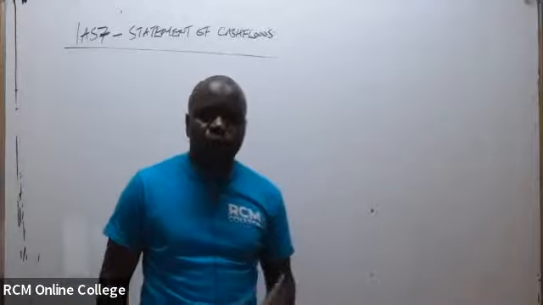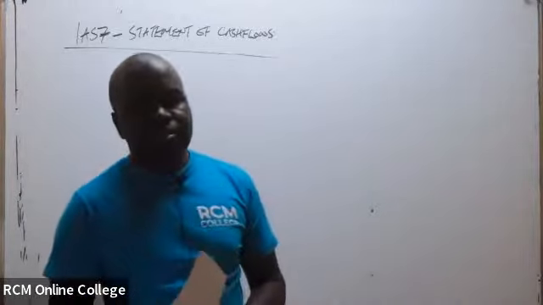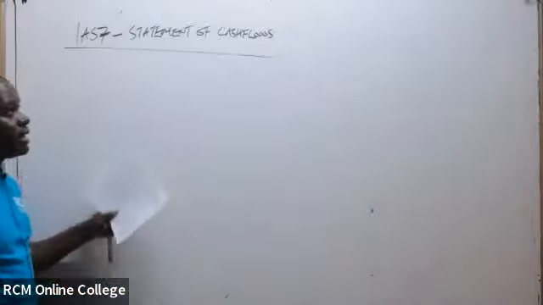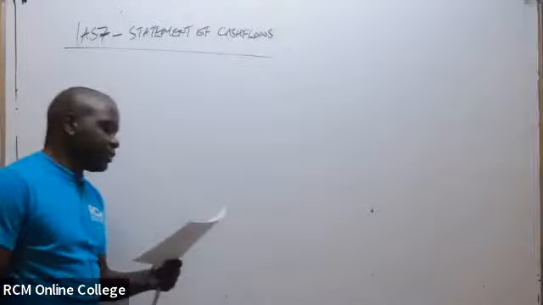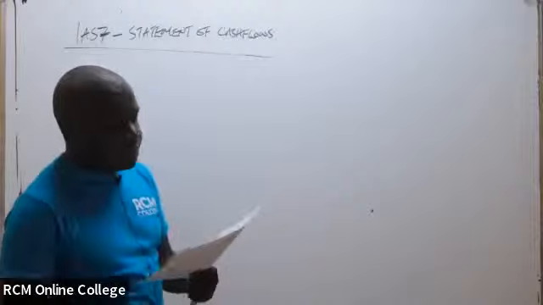So in this case, we have what we call the direct method, and the indirect method. So you can be able to write this about what? Statement of cash flows. It is a statement showing